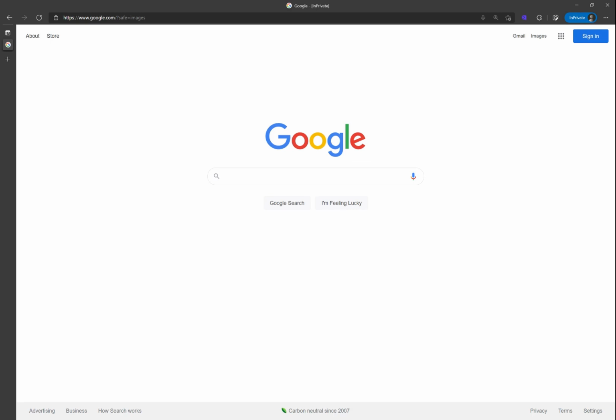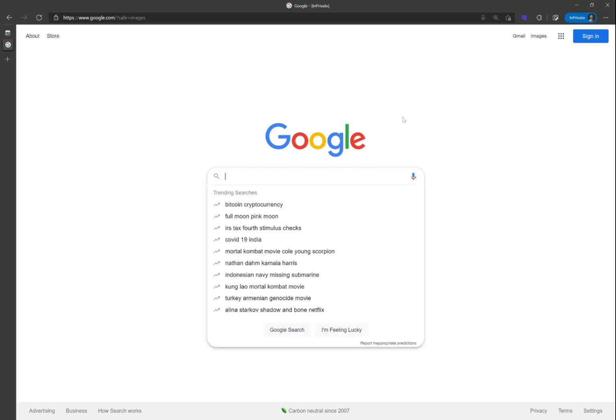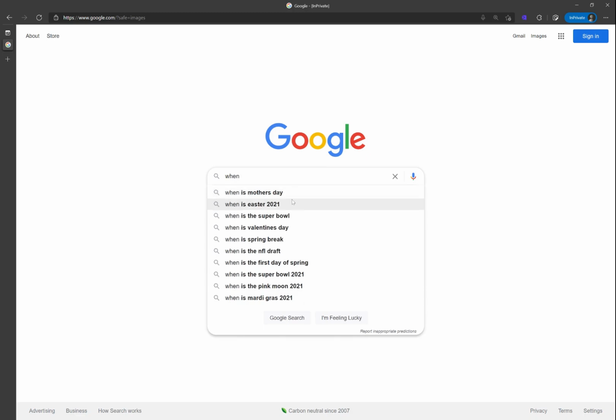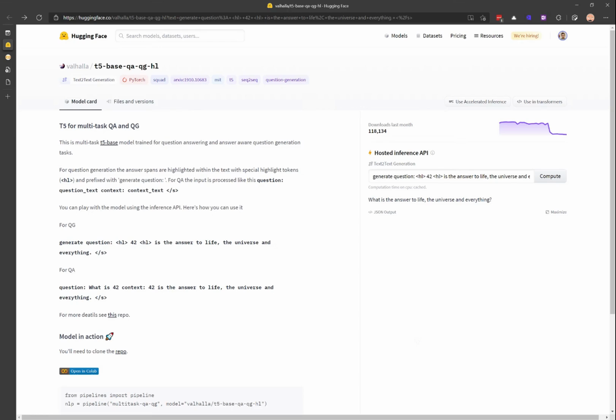Another thing that this could be useful for is generating search suggestions as well. So on Google, for example, you see some trending searches right here. But if I start typing "when," you see when is Mother's Day, when is Easter, the Super Bowl, when does spring start, when does summer start, when does Loki come out? I think that's one of those new Marvel movies. And this is something where if you have content, news articles, support desk articles, you can use a model to generate these types of questions, help people get to the content that they're looking for even faster. The model we'll be looking at is the